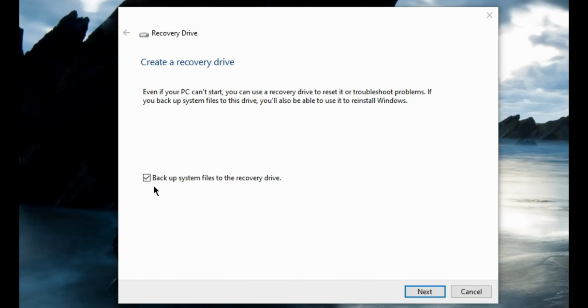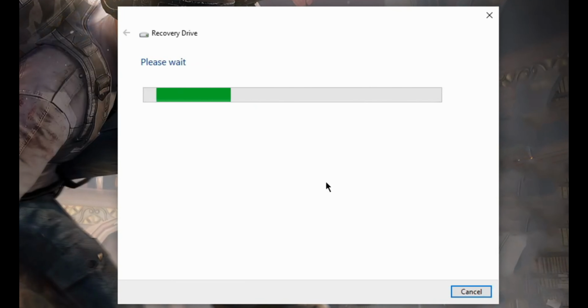Always make sure that Back up system files to the recovery drive is checked before you proceed. If it is not checked, then the backup will not happen. So make sure it is checked and then click on Next. It will take around 5 minutes to scan the system and detect a drive. Also make sure that the drive is formatted and connected to your computer so that the application will be